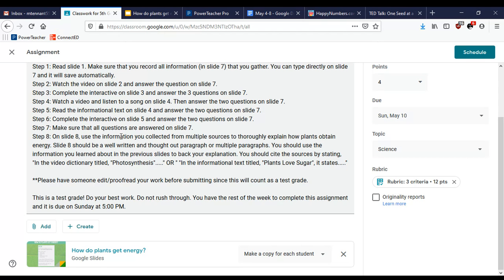You really should be using those 6 slides or 5 slides before. You should be using the information that you collected. You should be referring back to them. You don't need a bibliography for this because those websites were your bibliography. I pretty much created those websites and that bibliography for you already. So you don't have to create a separate one, but you do need to use the information that you gained